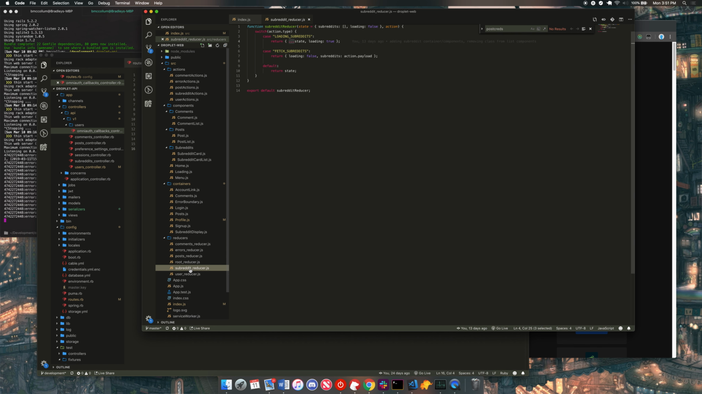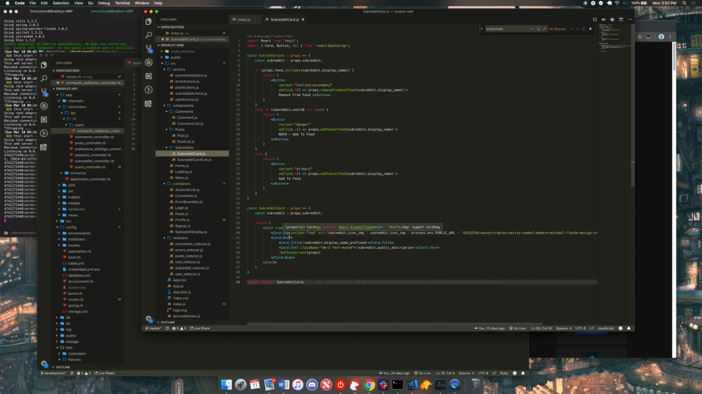So you can see with our subreddit reducer, when we load those, we set it into an array that contains all those objects that are returned back from the API, and that's where we're going to then render individual cards, or those individual cards that you saw on the home page here. So using a couple of stateless functional components, presentational components, to handle the rendering of each of those individual cards. Same thing with posts. So when a user has set up their feed,